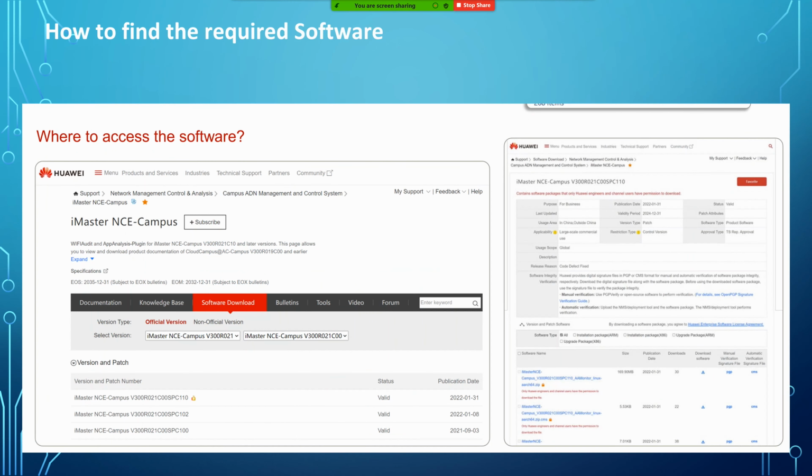Then next, how to find the required software. Actually, finding the software is a big challenge. There are a lot of versions and a lot of patches. So you can discuss with the